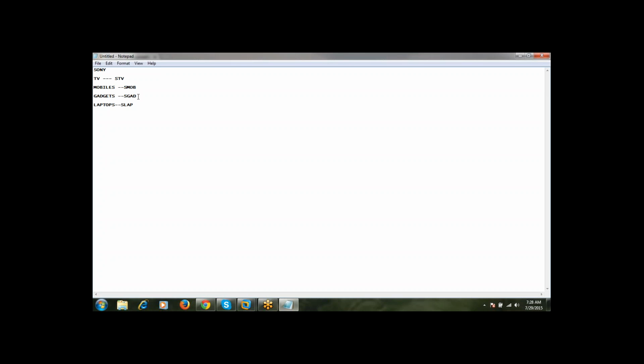So by looking at the business unit, we can say the nature of the transaction, meaning what kind of business it is. By looking at S Lab, Sony laptop, we can say this business unit belongs to laptops, so it will capture all the transactions that happen in the laptops business.